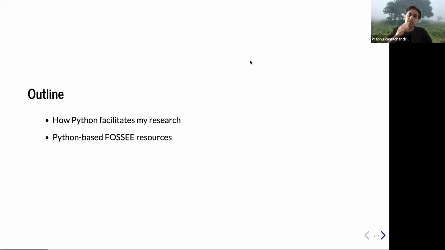So I will pick up various pieces from my current research interests and show you the line that passes through these in terms of Python. And then I will wrap up with some Python-based FOSSEE resources that you will be able to use. Hopefully, you'll be able to make use of these. All of the things I'm going to talk about are largely open source projects, available under a very liberal BSD kind of license, which means you can use them for your own work as well. So I'm hoping that these will be useful.